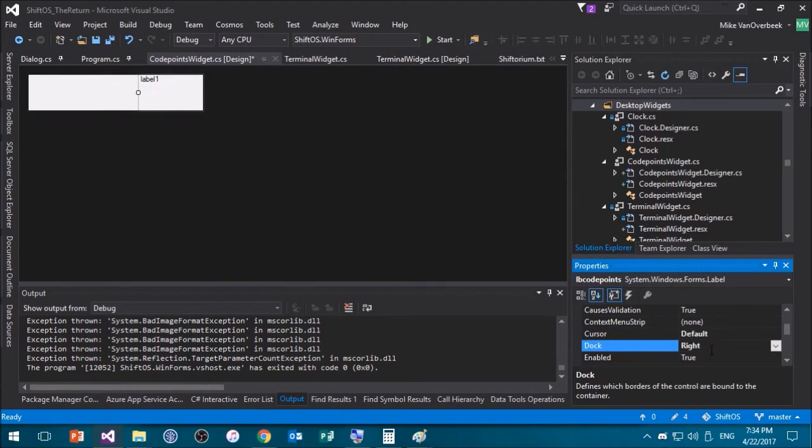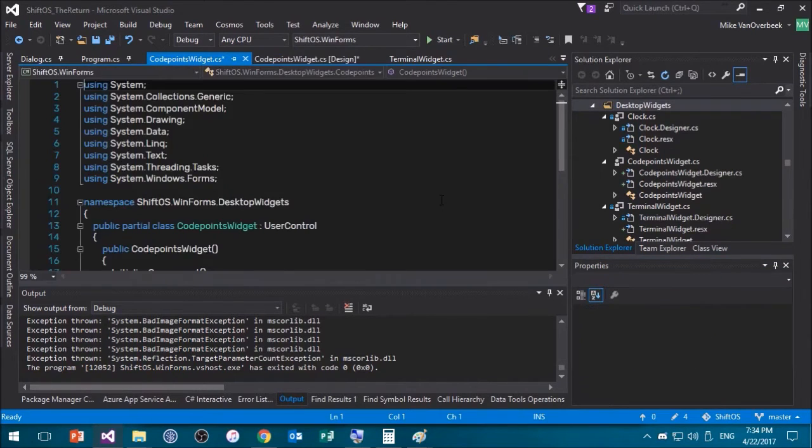Dock will be fill, and we'll add a tag to this control, and it will be header3. This is a ShiftOS skinning tag. It'll tell the skin engine how to style this widget whenever we